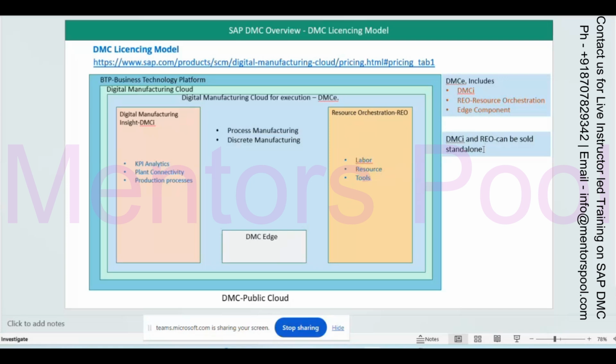You can use it if you don't have an S/4HANA system. But if you have the S/4HANA system, there is no need to create the same thing again manually in DMC. Whatever master data you are already maintaining in one place, it is better to transport or import it from there to DMC.